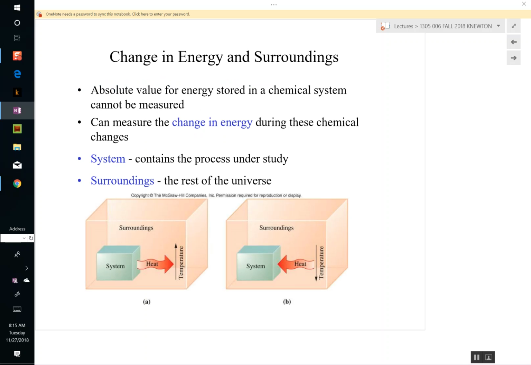In thermodynamics, and Mark, if it's better to see some of this with that light off, you decide. But